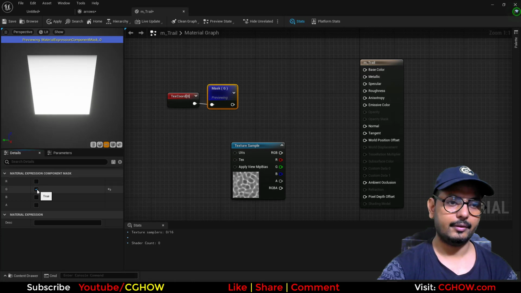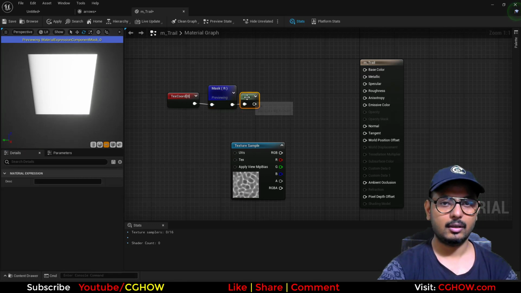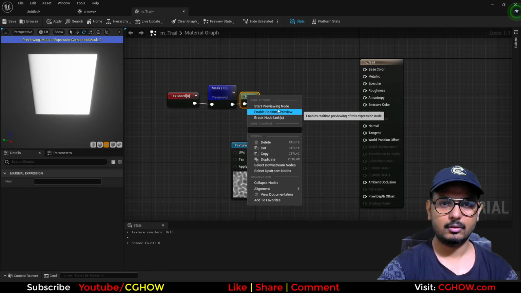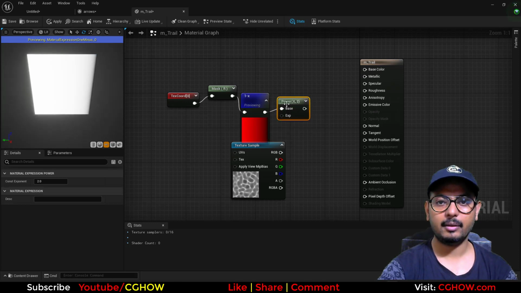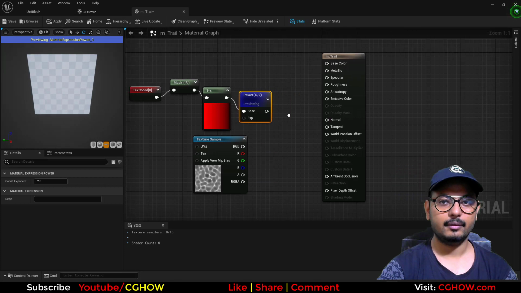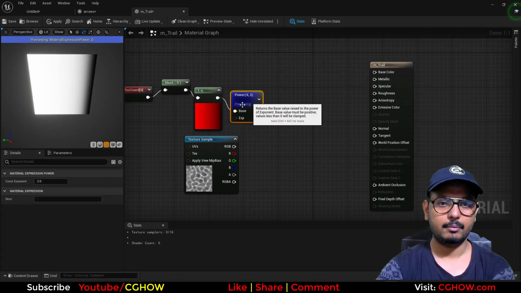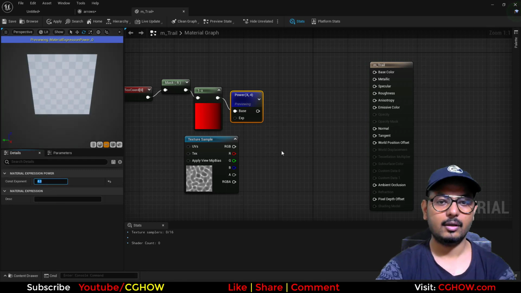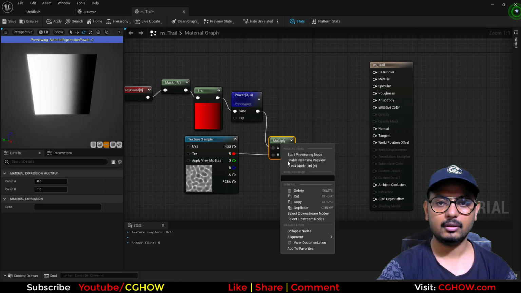I need the red one and I need this black one here, so I will invert this, and if I preview, the black is here. I want to increase that black, so I will power it, maybe 4. Then I'll multiply it with this noise texture, this aura texture,